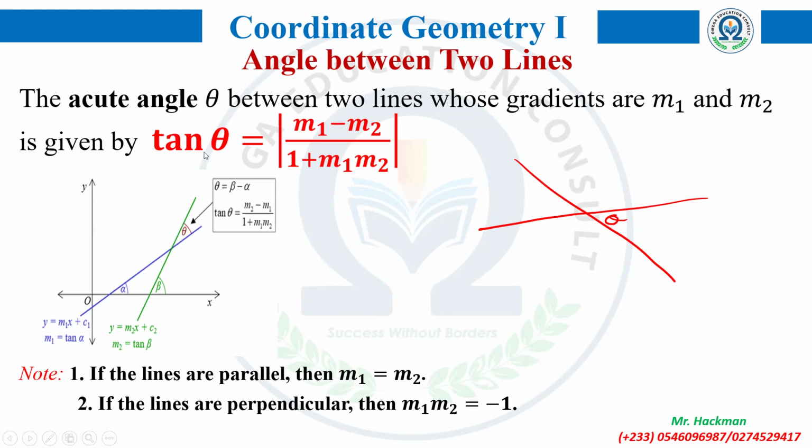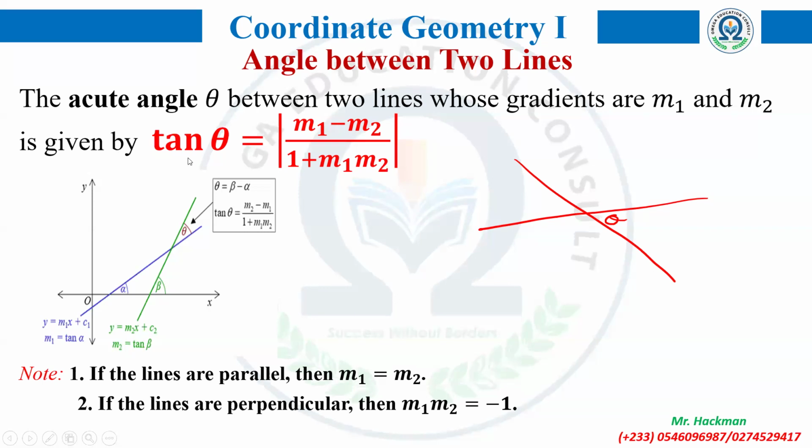So indirectly, if the question asks you to find the obtuse angle between the two lines, find the acute angle, then subtract it from what? 180, and that will give you the obtuse angle. Is my point well made? But I'm not here because of the obtuse angle. We are all here because of what? The acute angle. So the acute angle between two lines whose gradients are m sub 1 and m sub 2,